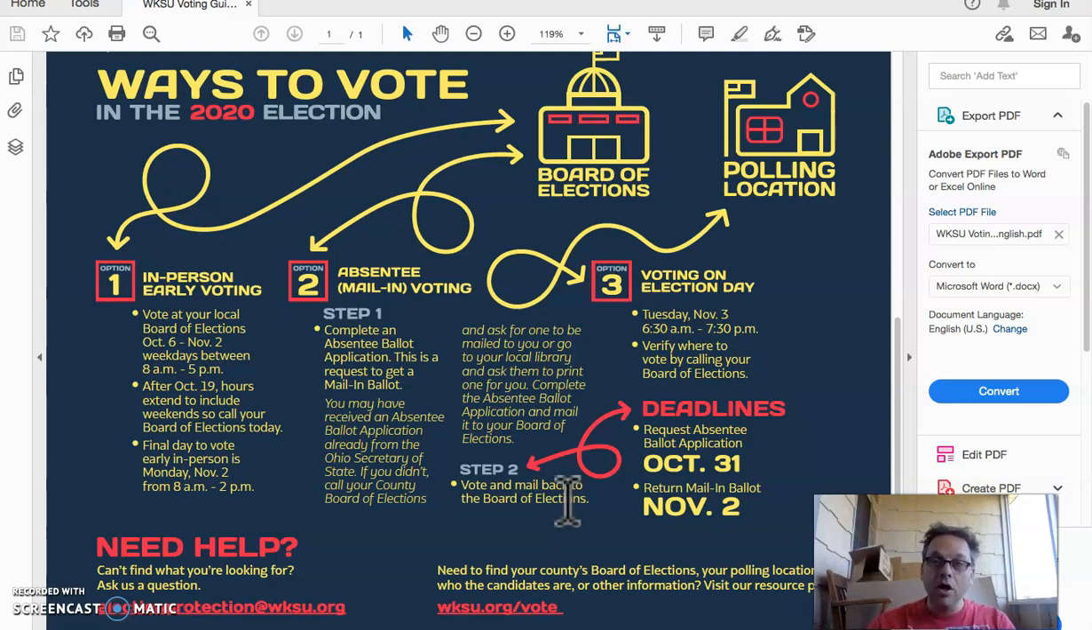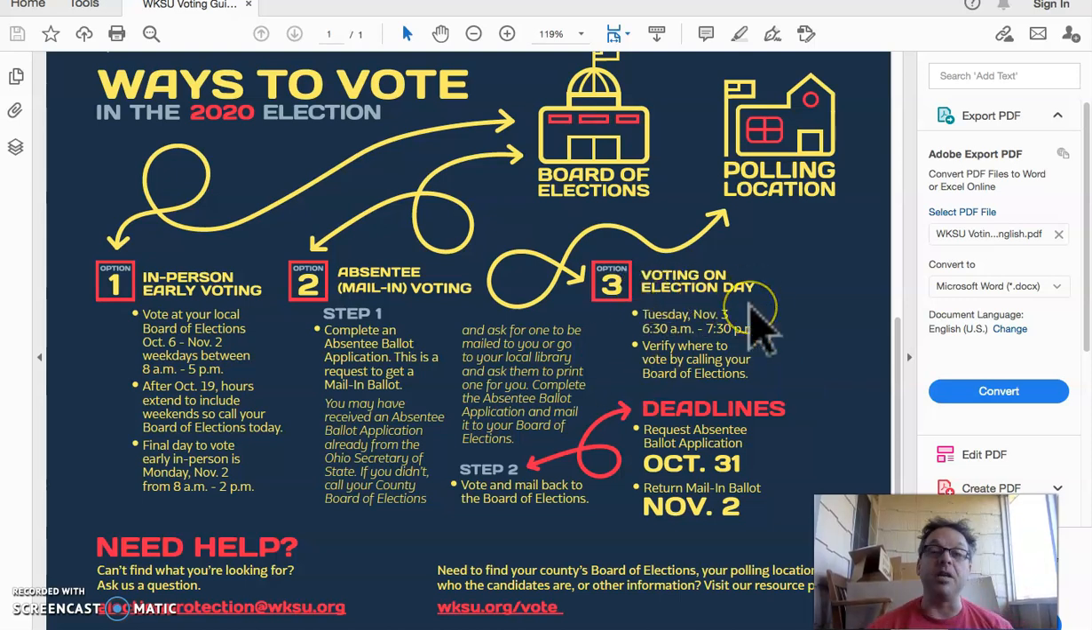Now the third way, sort of the traditional way, the way many people did in the past, right, was to vote on Election Day. And Election Day was one day, November 3rd. And it's this day that has the longest time for voting, as far as one day. So 6:30 in the morning until 7:30 p.m. However, right,